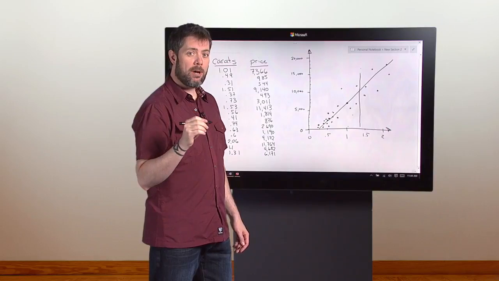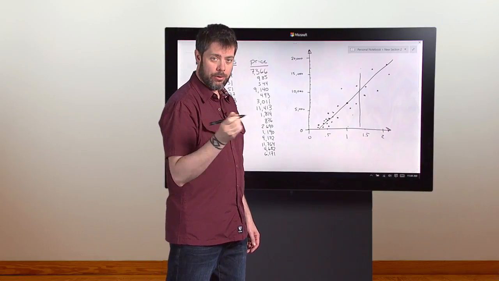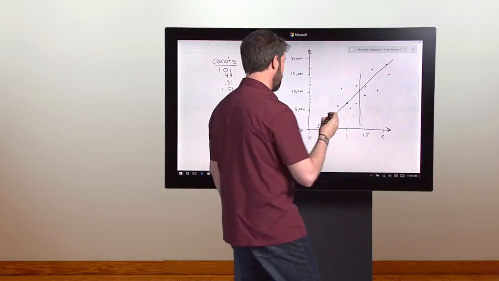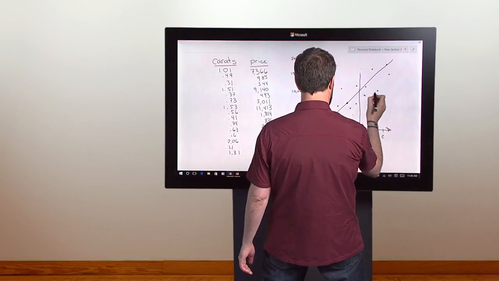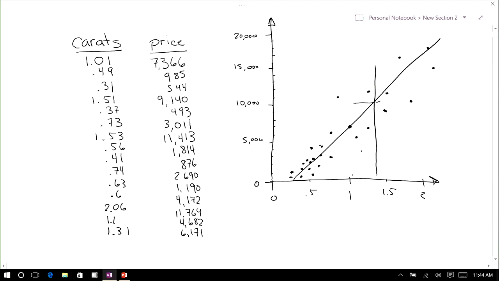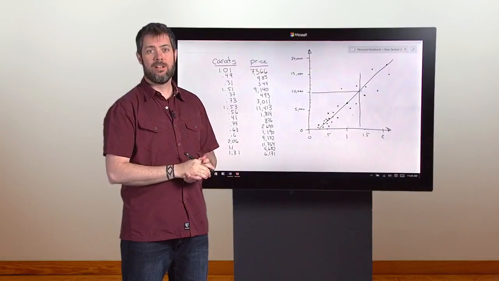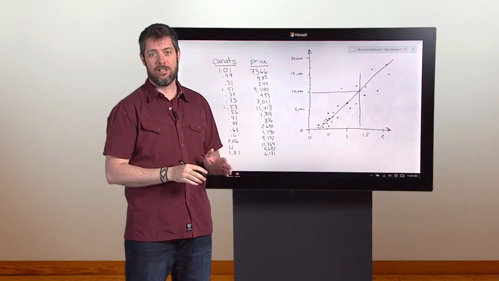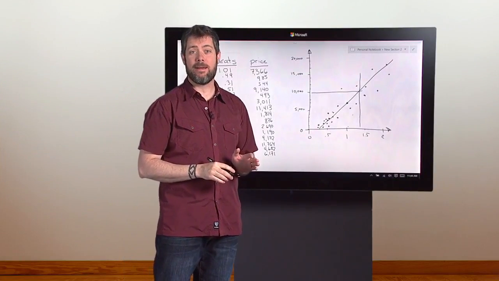Where it crosses the model line, we eyeball a horizontal line to the dollar axis. It hits right at $10,000. Boom, that's the answer. A 1.35 carat diamond costs about